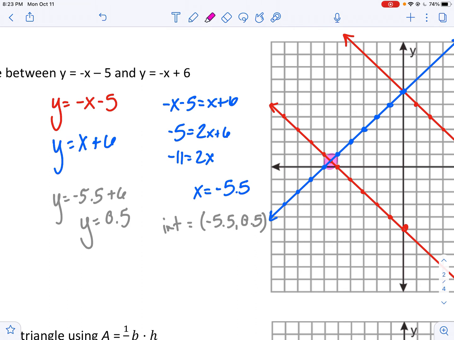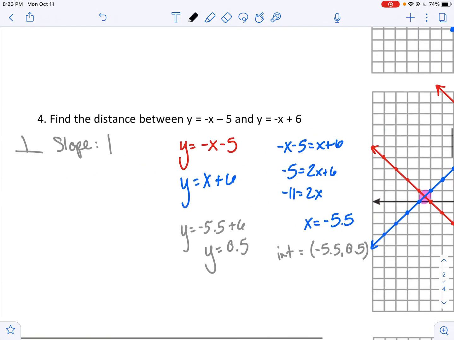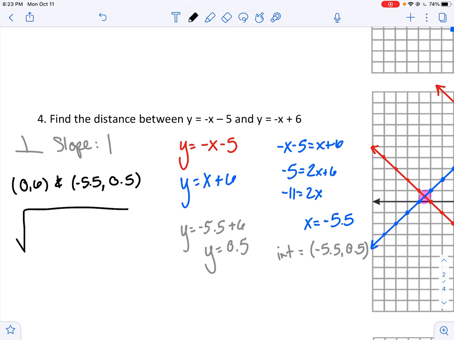Which means that I'm going to find the distance between, I'll do that in black, I want to do the distance formula between (0, 6) and (-5.5, 0.5), which ends up being the square root of 5.5 squared